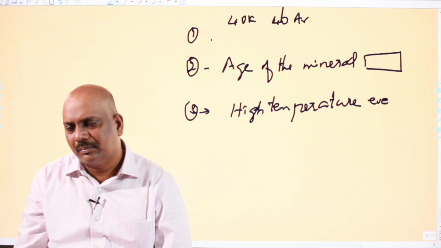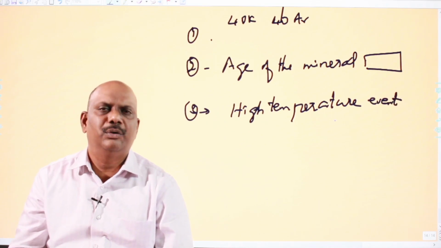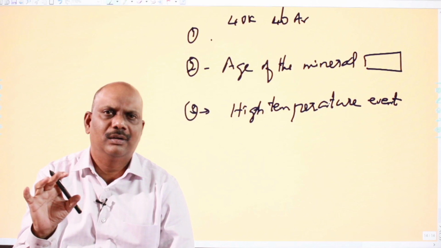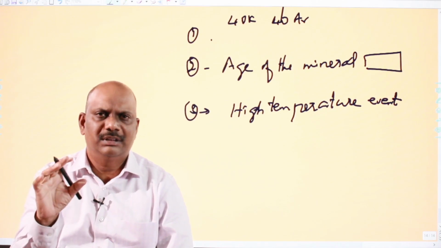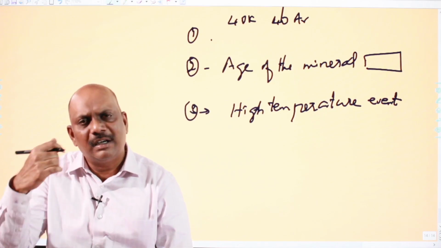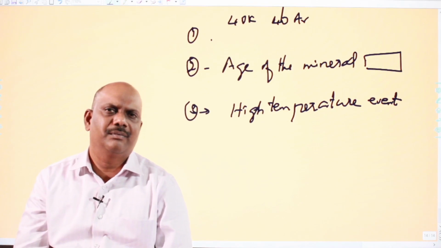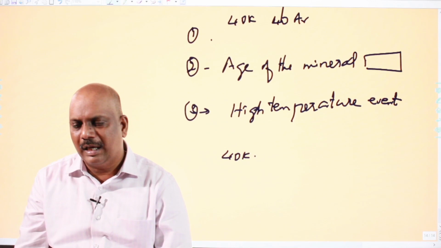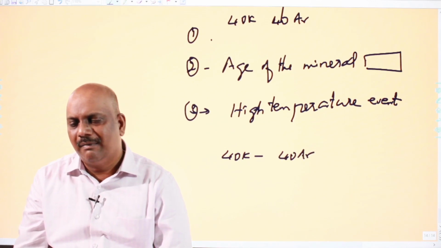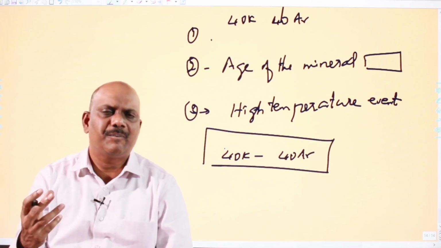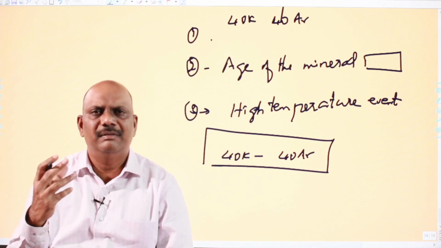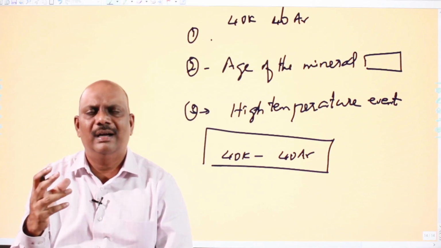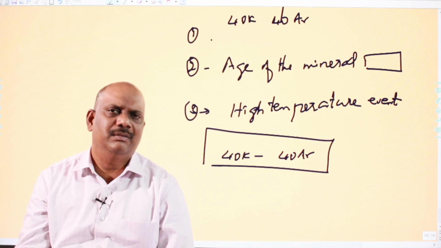Which should eliminate all the argon, so that whatever argon is present in the rock has been formed after that volcanic eruption. Then by comparing the ratio of 40K with 40 argon, we will be in a position to estimate the age of the mineral contained in the rock, and using that we can estimate the age of the fossil